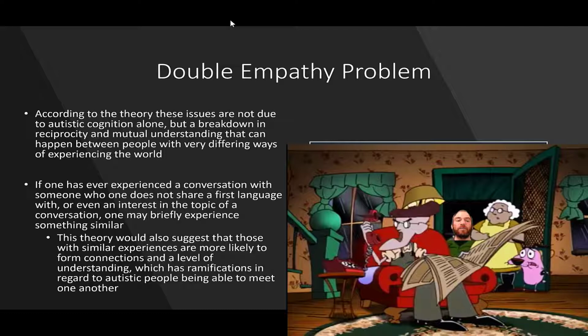Going back to that example of an individual not sharing your first language, or being uninterested in what you're talking about, the distance created by particular ways of organizing the world, also reinforced through particular scientific theories of the development of autism, can create social distance between these two groups of individuals, which can contribute to larger empathy gaps,